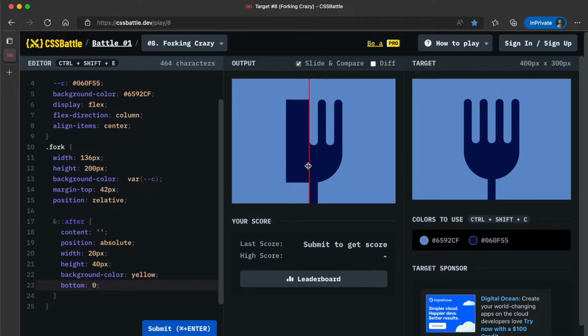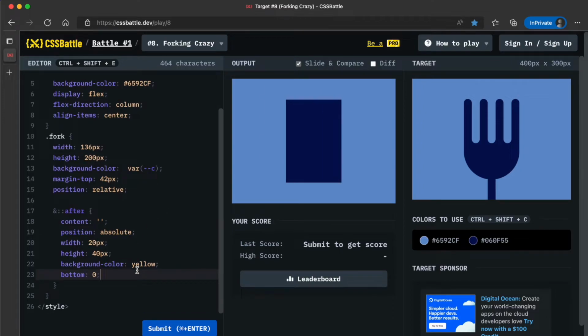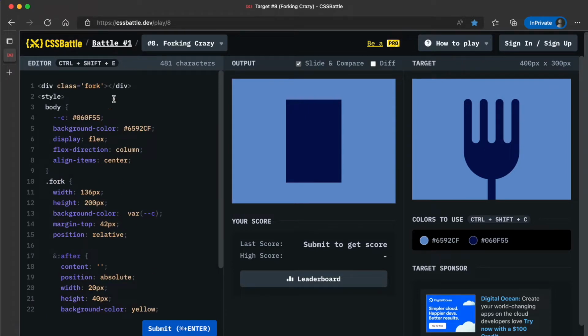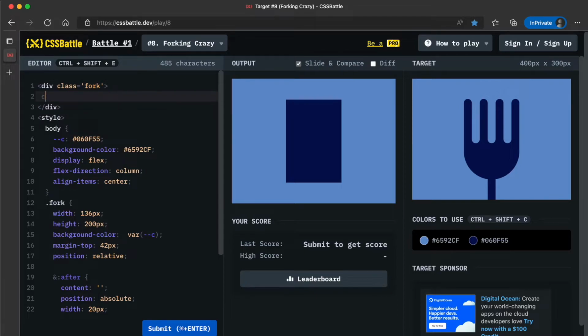Okay, so where is the handle, and why are you not showing? Where is the handle? Where are you, handle? I have the position absolute, I have the content, I have the width, the height, background color. Does this have anything to do with the Z index? It doesn't. So what's happening? Well, I think instead of depending on that, because I don't know why that is not working, I'll give this handle